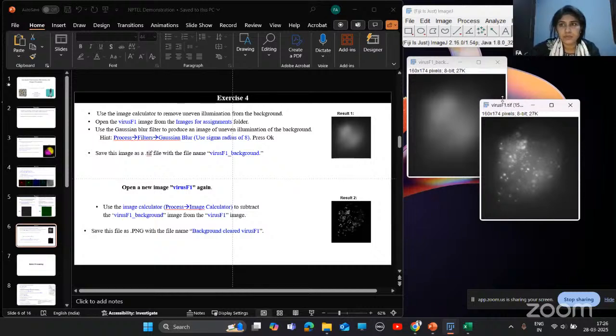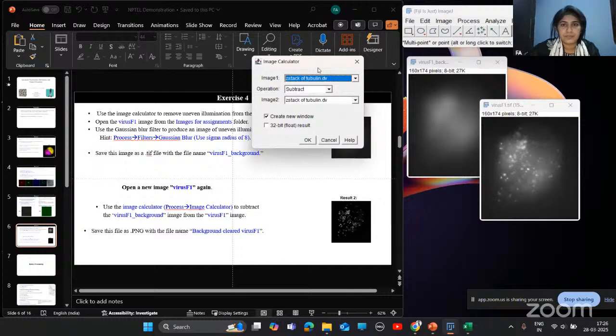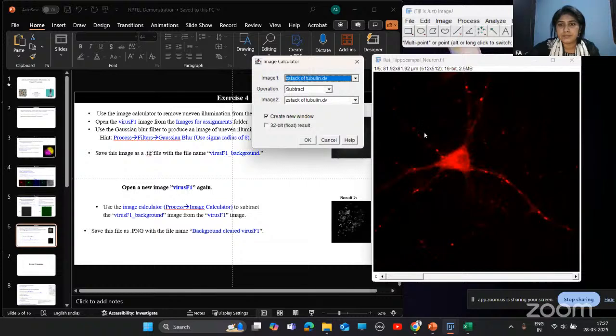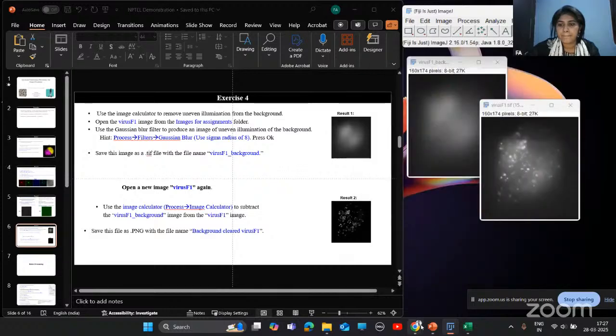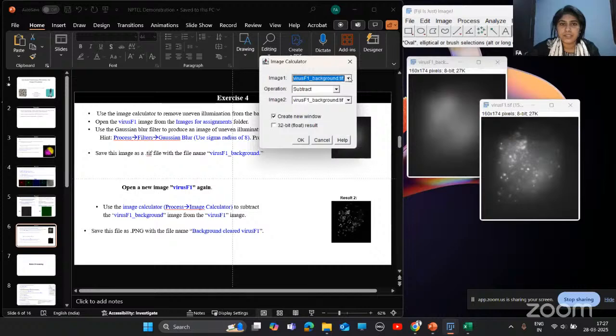For this, you need to go to Process and Image Calculator. We'll select here, we'll subtract virus F1 background image from the virus F1. And then here I'll click OK.